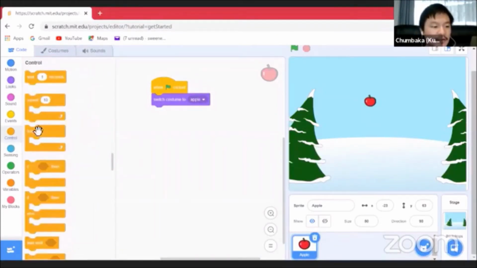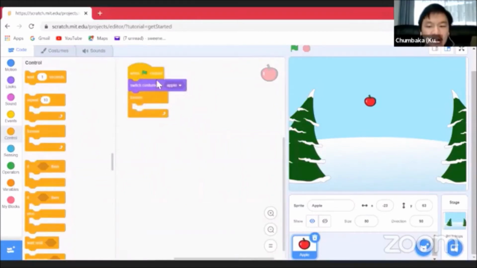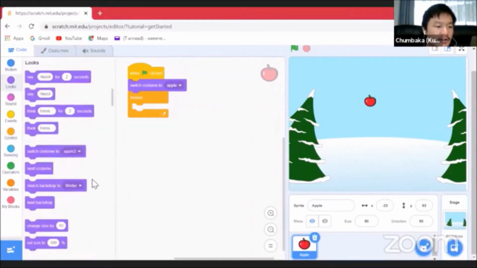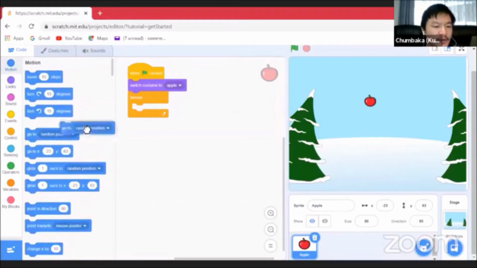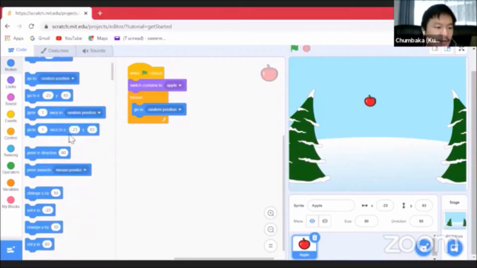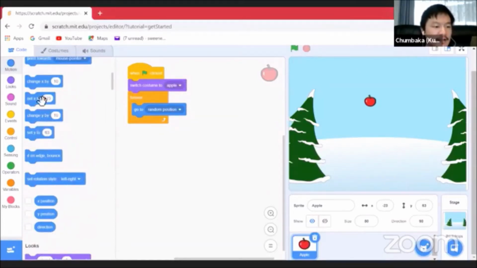Then you go to control, you press forever. Let's make it go down from the top. Let's say looks, this motion, go to a random position, but I want it to start from the top. So I can also add in something else. I can say set Y to the top. If you can see the numbers here, if I put my arrow at the top, you see the number increases. So let's get it to start at